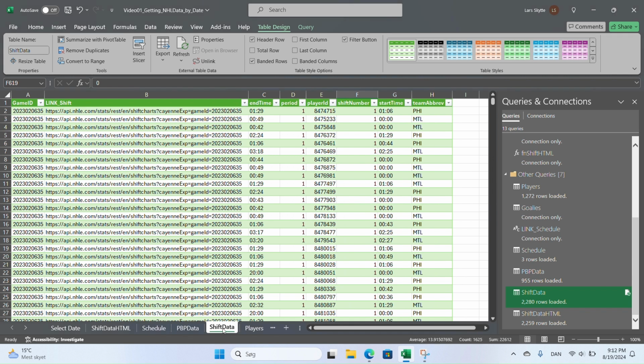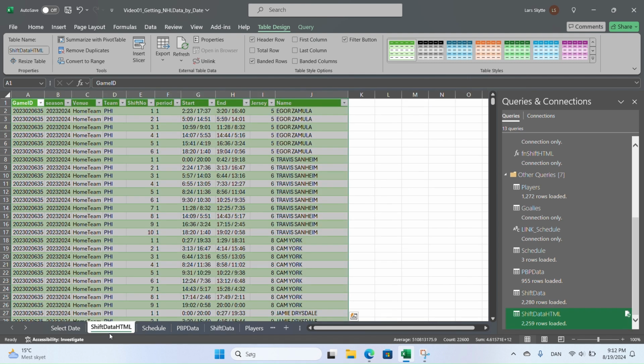in the shift data from the API, you do have some duplicate values along the way. There are some errors there and there are some duplicate values that you need to clean up. You don't have those in the HTML data. So in that way it's more clean, but the big problem with the HTML data is that we don't have the